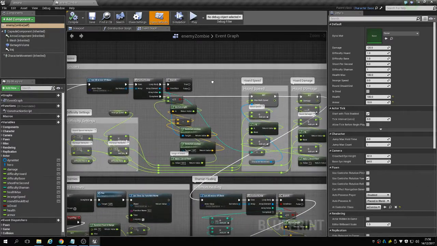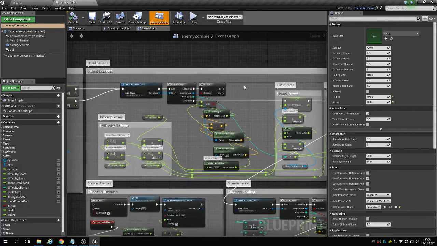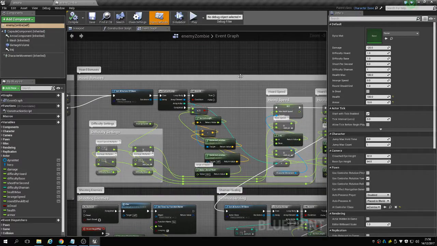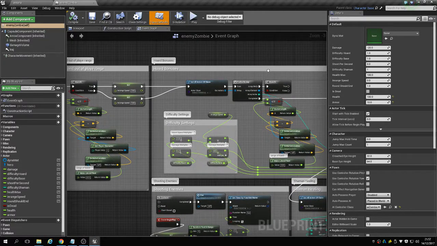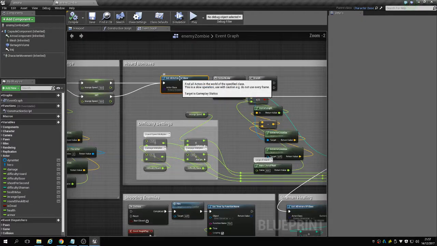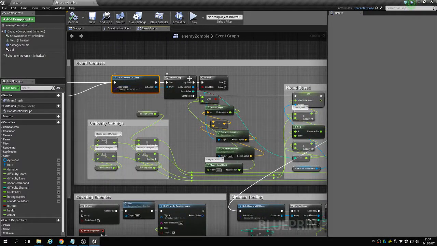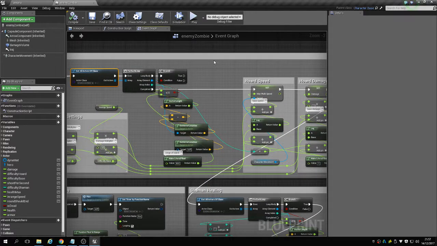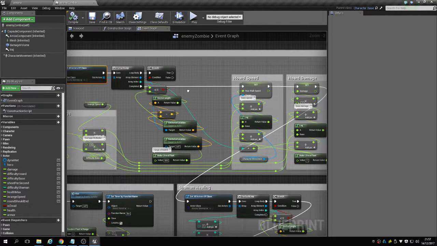So what I've done is I've made a system where the zombie, as more zombies gather around it, it will gain more speed and damage, and so become a bigger threat. And you can see the system in play here. So what we do is every tick we get all the actors of a class, which are the zombies. For each of them we go through this branch, and all this does is detect any zombies within range of the thing that this blueprint is within, which is a zombie. So we're just checking for every zombie if they're within range of the current zombie's coordinates,